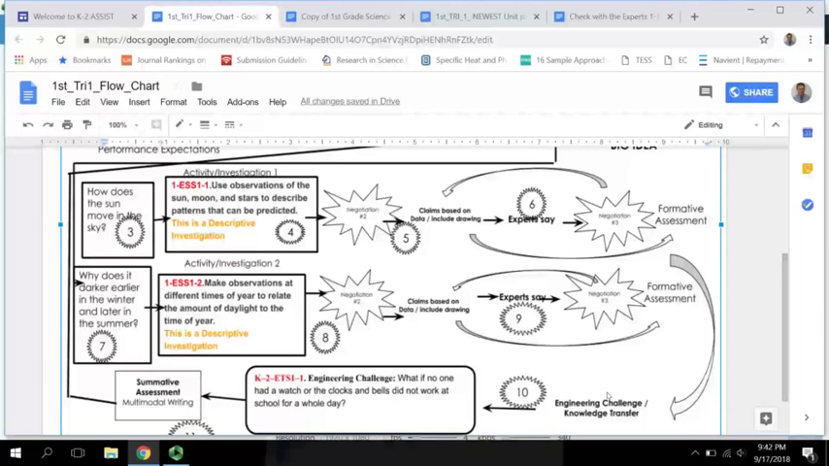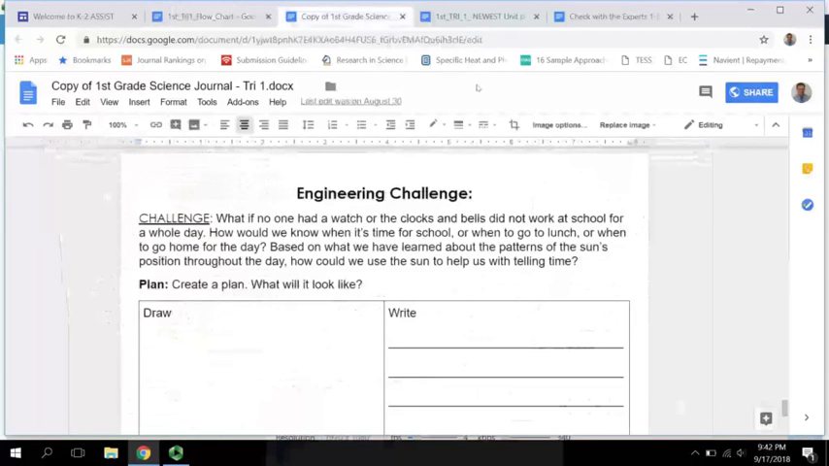So you are going to pose the question to the students. What if no one had a watch or clocks and bells did not work at the school for a whole day? And the idea here is basically how would we tell time? And I guess you could include, no iPads, nothing like that. Phones didn't work, so we had no idea what time it was. How could we